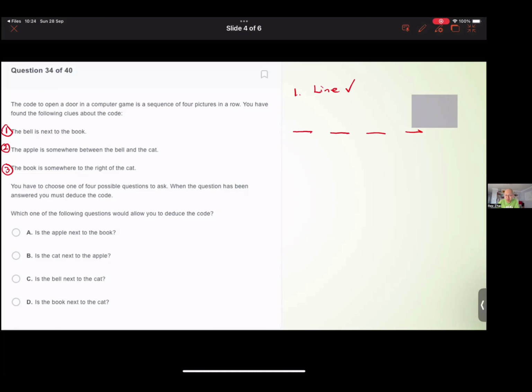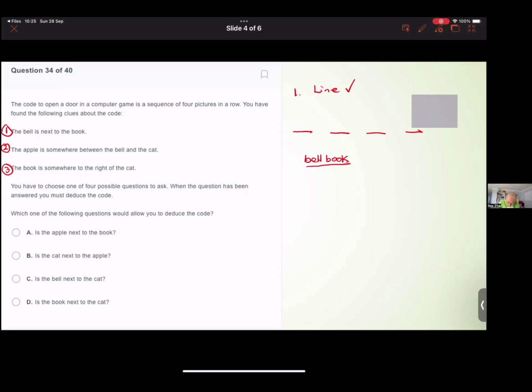The bell is next to book. Can we put this information into this diagram? So far it's not, right? So far we don't know yet. So if we can't put the information immediately into the diagrams, what we might do is we put them beside it